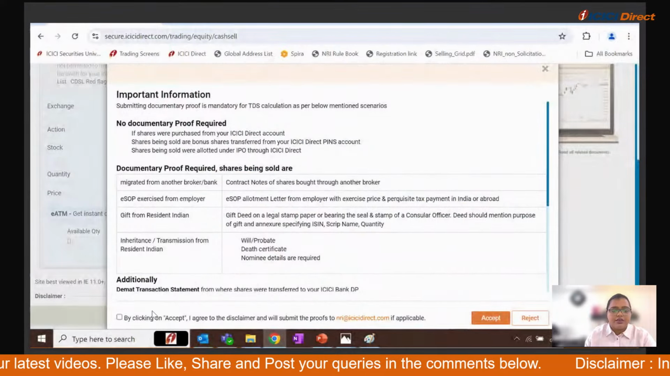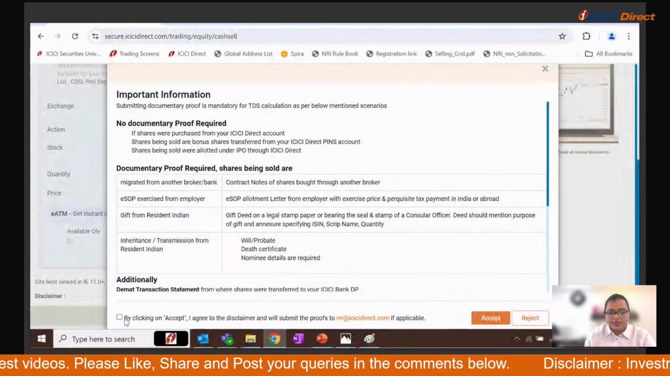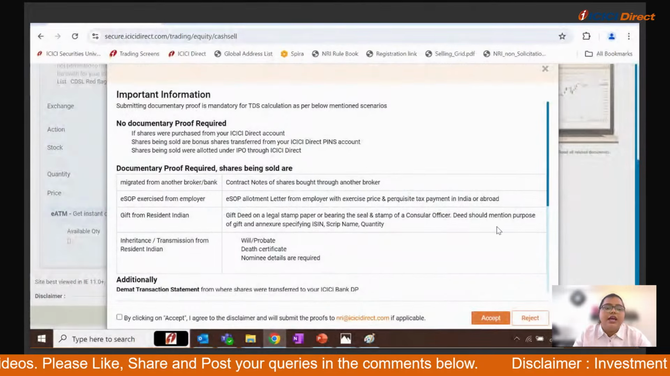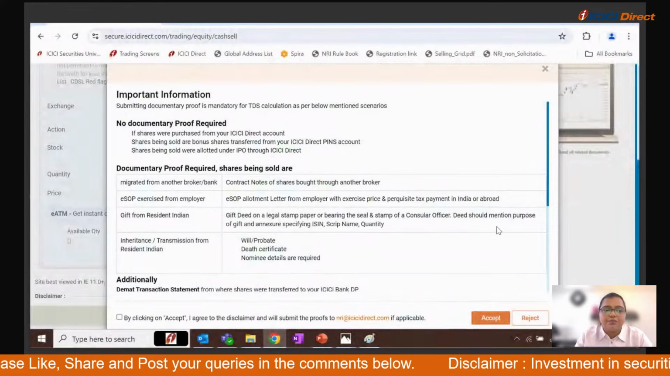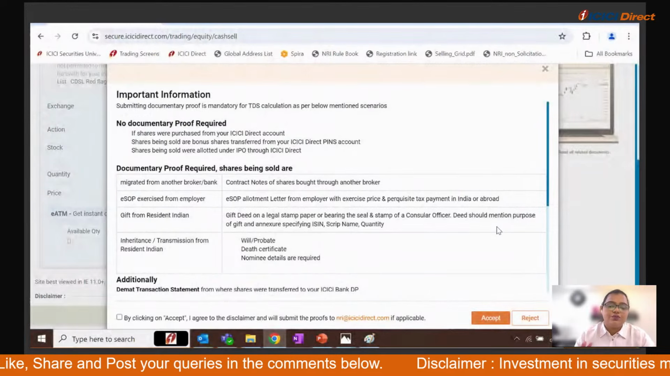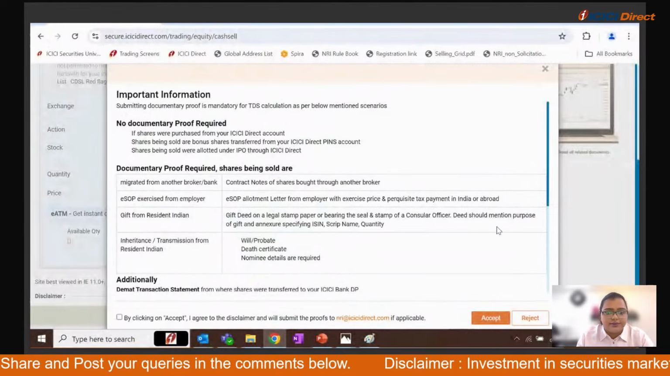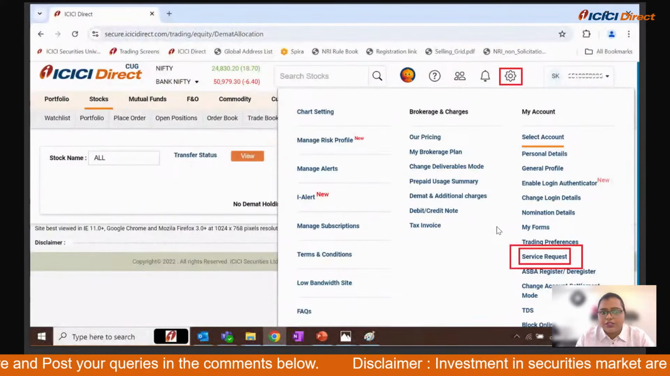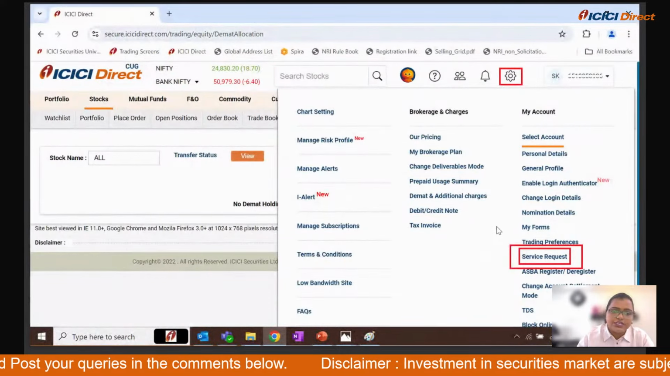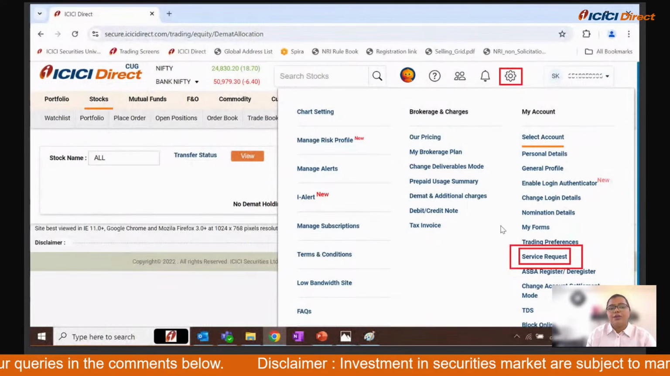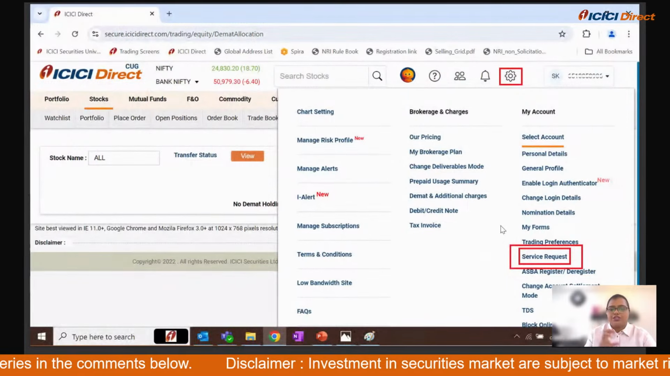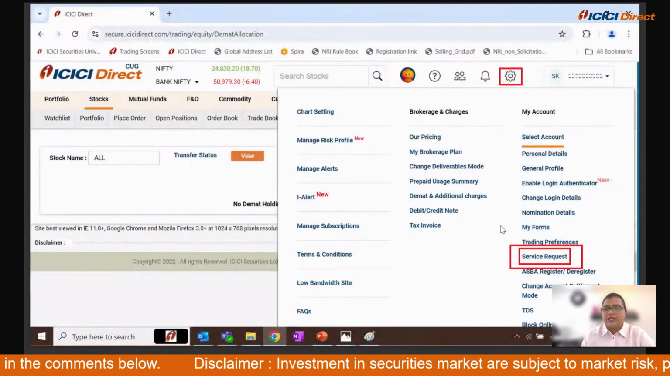So you just click on the tick box, accept it, and after this is done, you'll be able to sell the shares, but you will have to submit your documents for TDS settlement. For that, once you have sold your shares and the order is triggered, you'll be able to see it in your trade book. Now, to submit proof of the price at which you bought the share and how the TDS can be calculated,